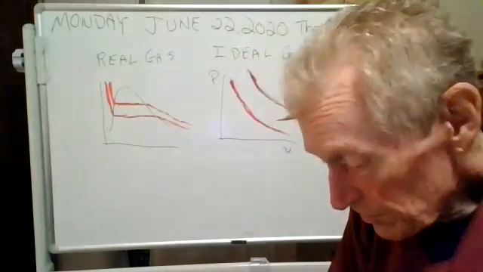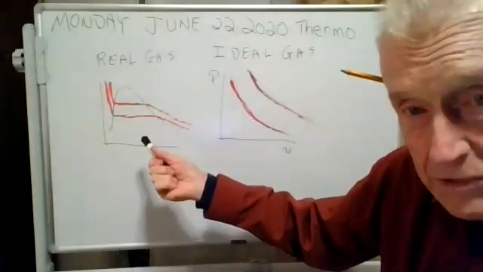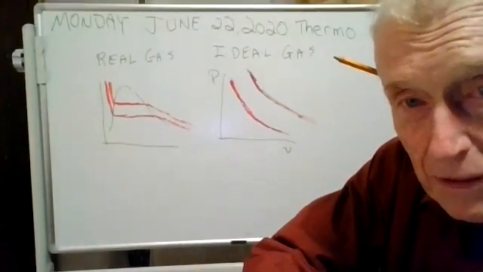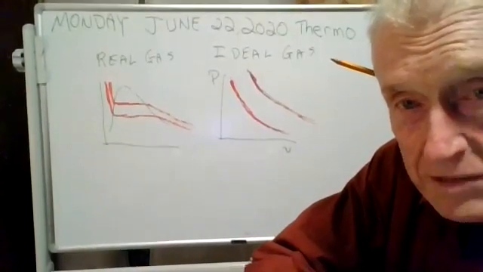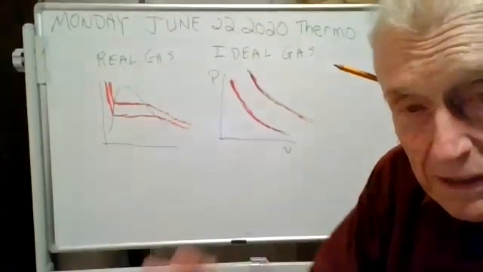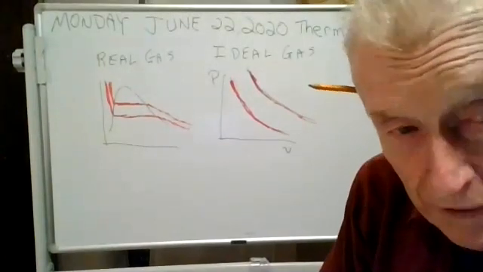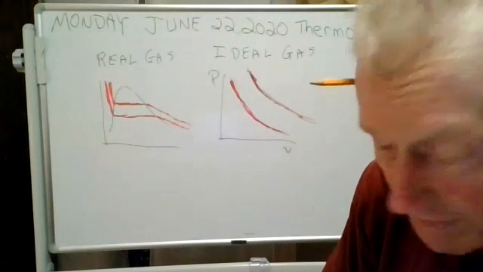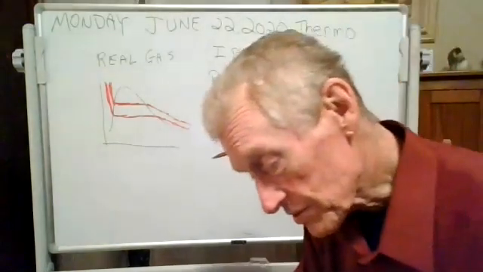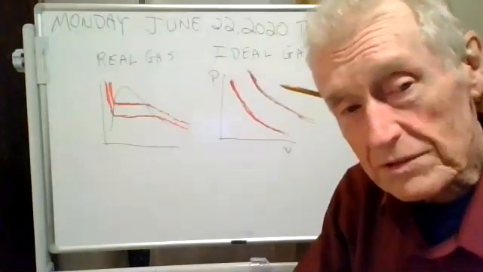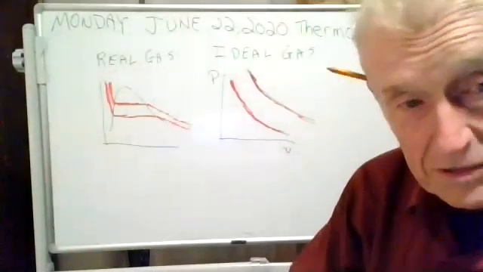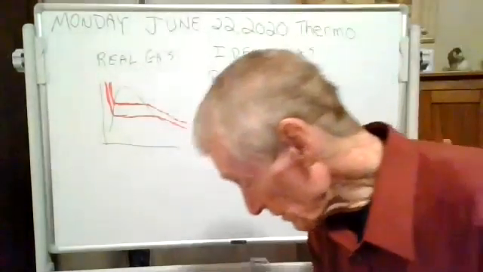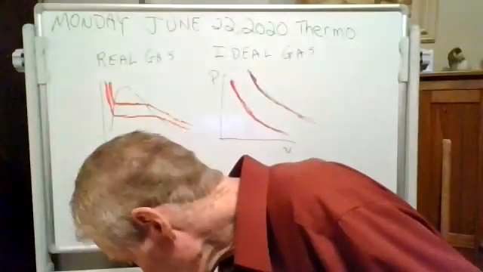Bear asked, when do you do this vapor dome jazz, and when do you do the hyperbolic isotherms? Well, hey, I'm going to ask you, Bear, do you understand so far? Yes, sir. Now the next question is, how do you know whether something is an ideal gas or whether it's not? Well, here's how you know, Bear. You go to